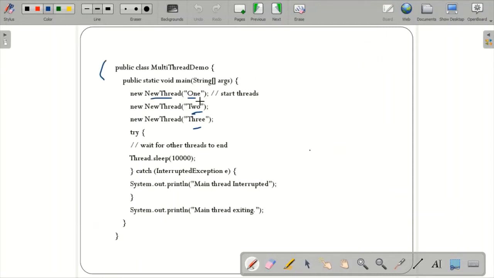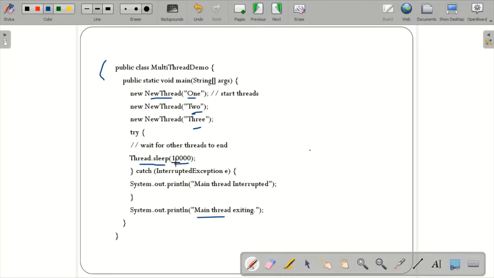Once this has been done, in the main thread I have told Thread.sleep 10,000, I mean milliseconds. So this is given the longest sleep. Once all these threads' execution is done, finally this thread will be exiting. I have not printed anything over here for the main. For the main thread, I have not written any try catch with a for loop. I just made it sleep for 10,000 milliseconds.